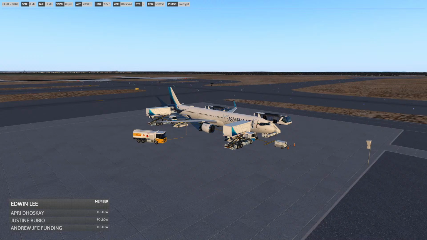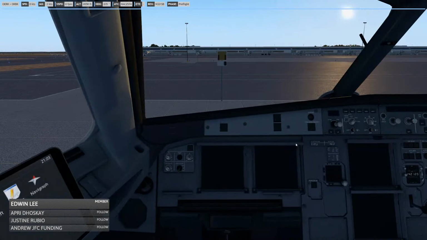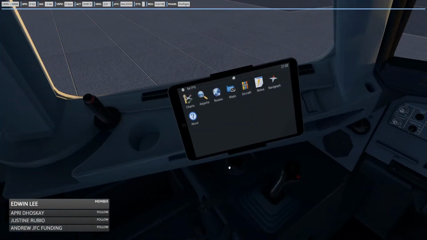And by the way, I do have the BSS Soundpack for the Toliss A321 NEO. Brilliant soundpack, sounds really good. The engine sounds are just fantastic. So let's go ahead and begin prepping up the aircraft, and the first thing we are going to do,